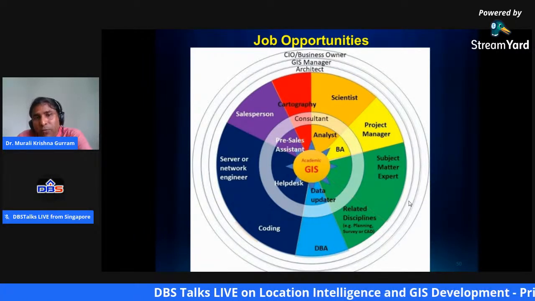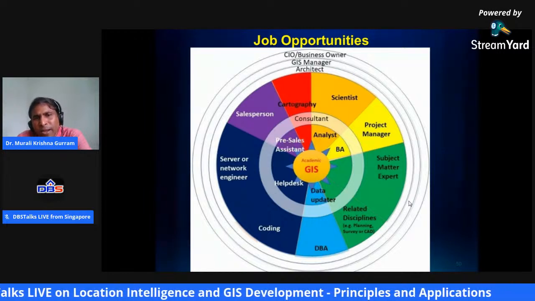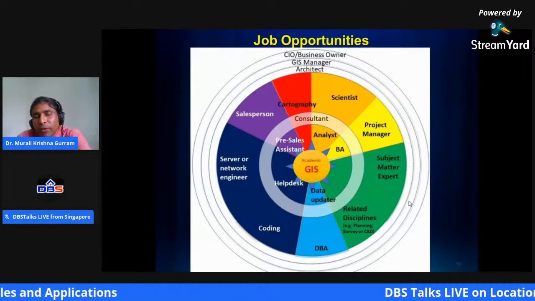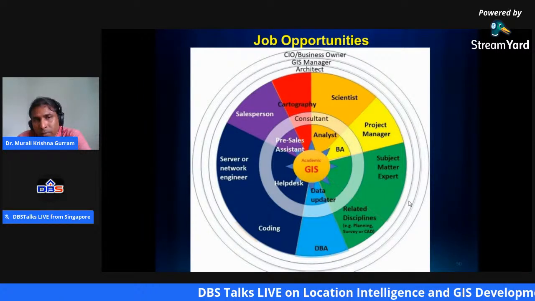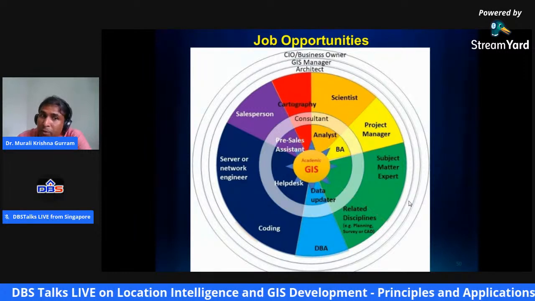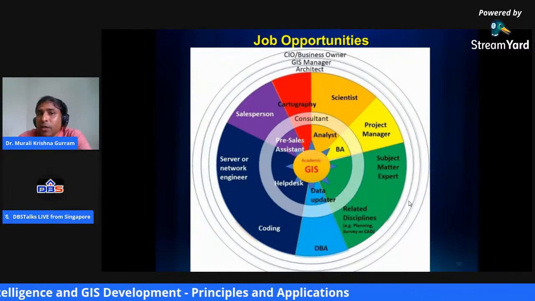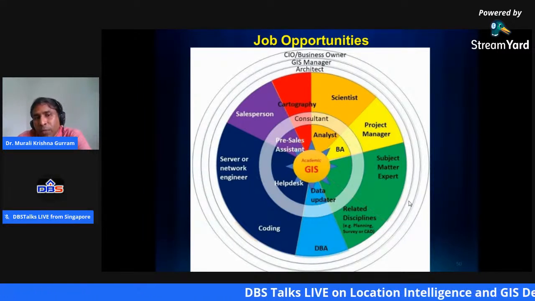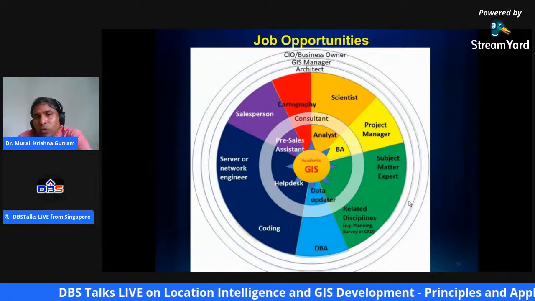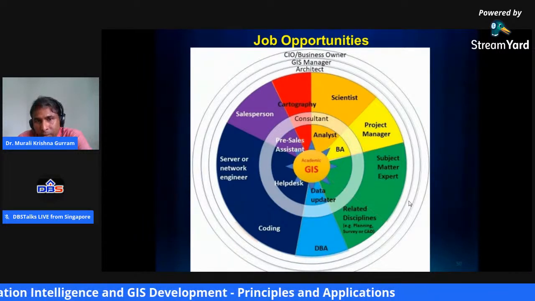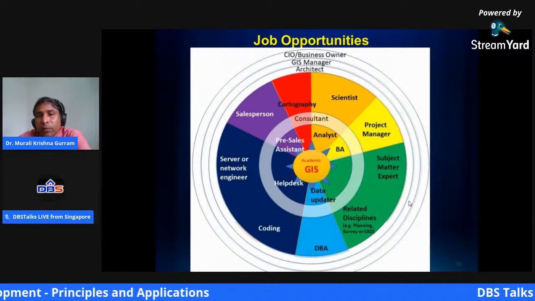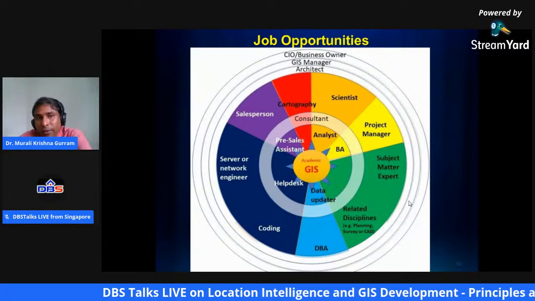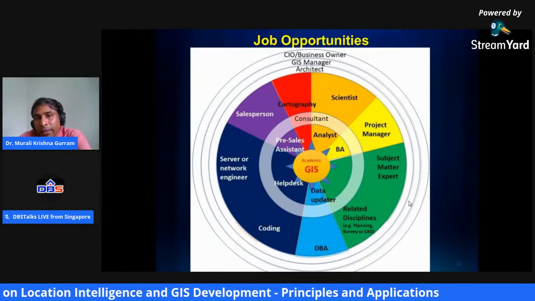Or if you choose to become an analyst, that is fine. If you are more inclined towards business and taking care of business aspects, you can become a pre-sales consultant, and later a business development manager. You can also become a scientist, because you need a strong analytical background for that. And to become a scientist, you need a basic understanding of all these knowledge domains.